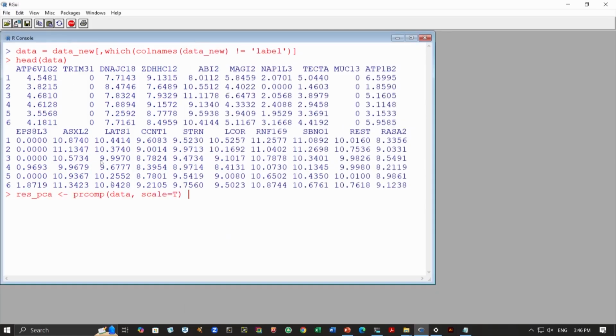So the data is actually this new data that we have just created, and what we are doing is we are scaling the data. I'll just very briefly show you what happens if you do the scaling. So this original data, you can already see these expression patterns. Scale data is actually simply transforming the data